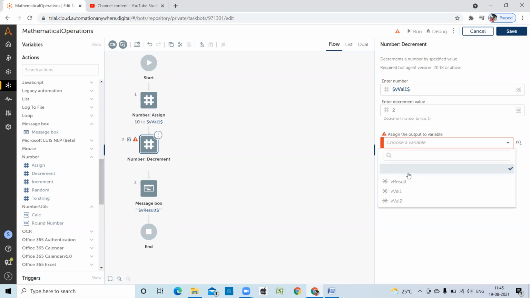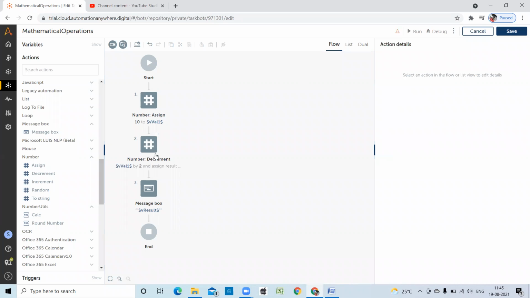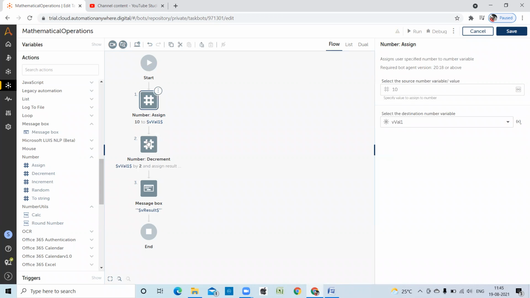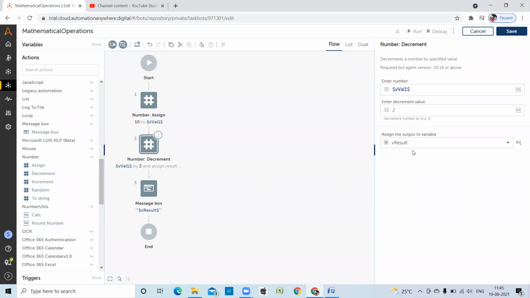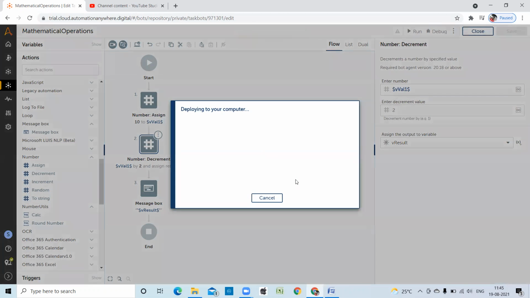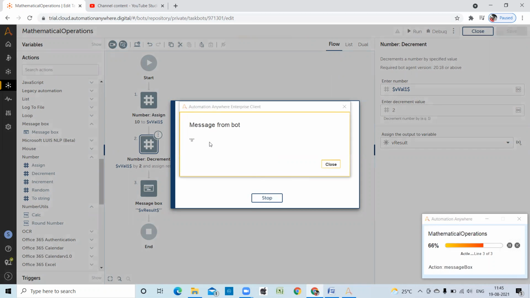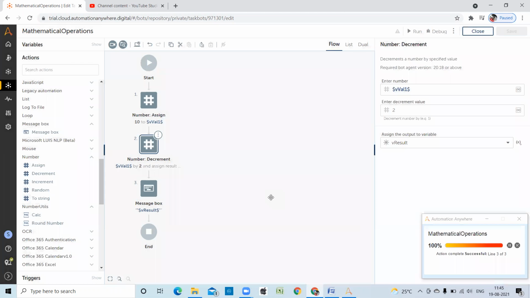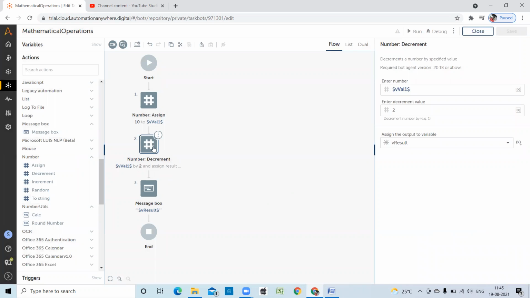Now assign the output to the result variable, and I'm displaying that. So I'm decreasing the value by 2. Save and run. Now we have to get the output as 8, right? So we got 8. Like this, decrement will work.